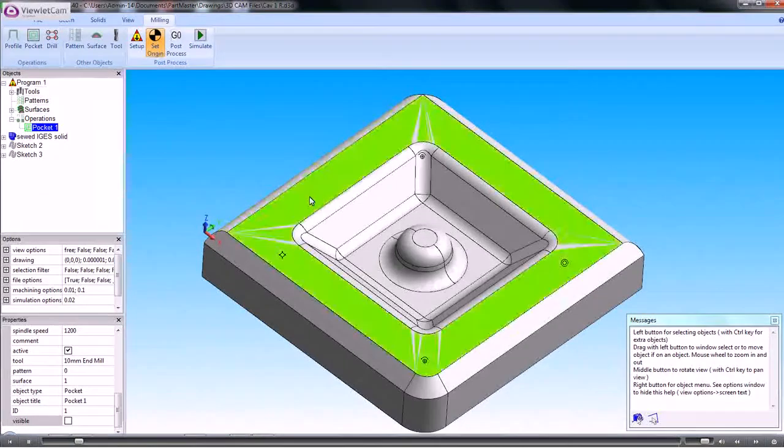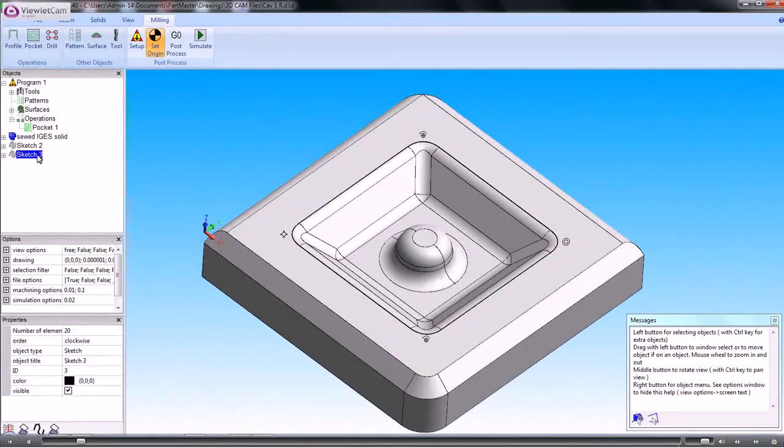Okay, so we know that we've got a sketch, which is that boundary of the cavity, and we can use that sketch again for the first of our finishing passes. When we created the roughing toolpath, we created a surface that had 0.5 millimeter of material left on. So we now need to create another surface with that taken off, which will represent the true surface, and that's where we'll be doing